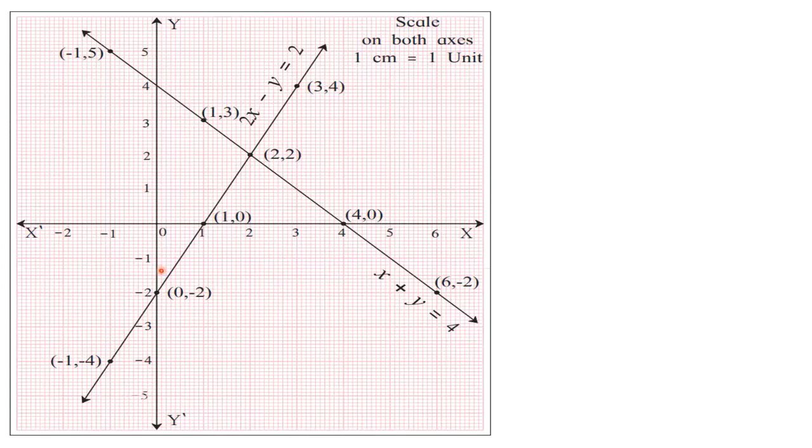After drawing these axes, you have to write down the scale immediately. It carries half a mark. If the scale is not written, half a mark will be deducted. So what scale are you going to write? On both axes, 1 centimeter is equal to 1 unit. This is the same everywhere. You are going to follow the same scale, and it is not going to change from question to question.